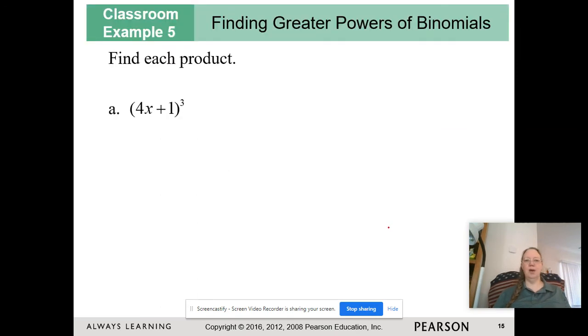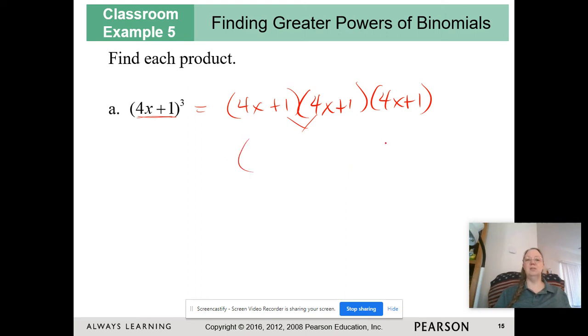Okay, so on the last section, I think, we did this, and I showed you how to do it. What you're going to do is 4x plus 1, 4x plus 1. You're going to multiply two of them, and then you're going to multiply by this binomial. If you want to use the formula on this at this point for squaring this, that's fine. If not,